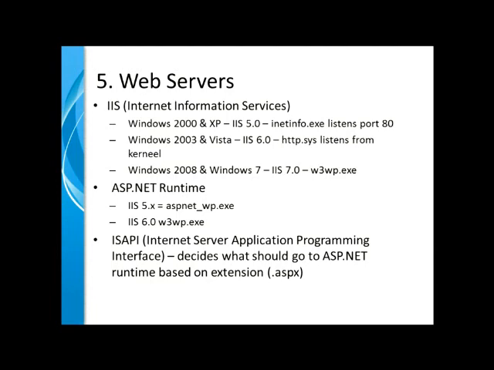You have ASP.NET Runtime, which takes the pages and compiles them into native language, and this is different with each version. It used to be ASP.NET WP, executing in 5.0. And the ISAPI module, which is called the Internet Server Application Programming Interface, when the